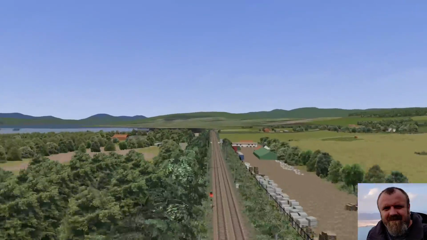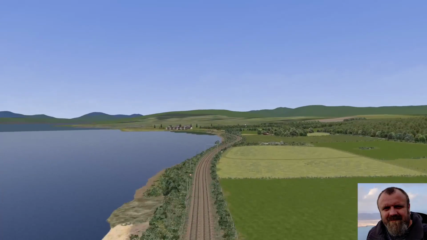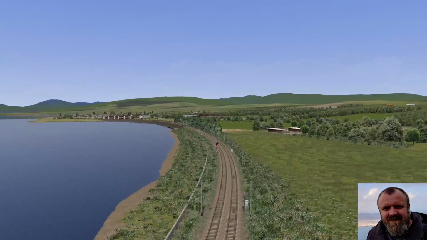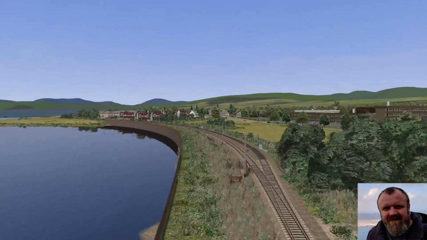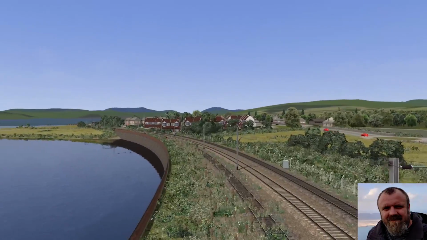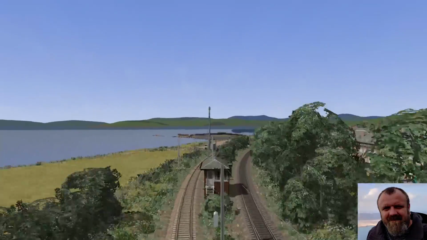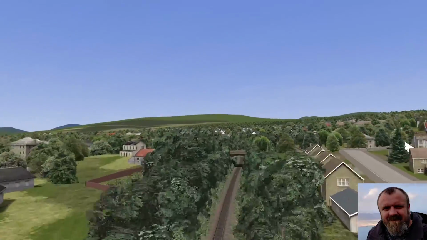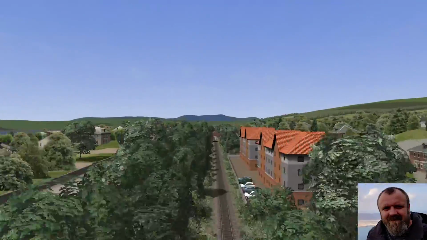And the thing I like about this is there's lots of little villages and little farms and houses and stuff like that. And the good thing is that when you're passing through areas like this, when you're building areas like this, it's a lot quicker than the central Glasgow area that literally took me months and months to get all that done. And then you come into Helensburgh here, this is Craigendoran Junction, and this is where the West Highland line splits up to the right here. It's quite a long stretch of this actually, it's a good 2 or 3 miles, so you get a nice running part of that too.